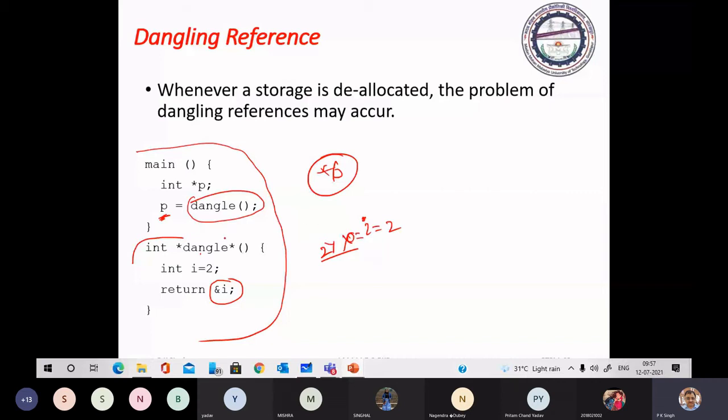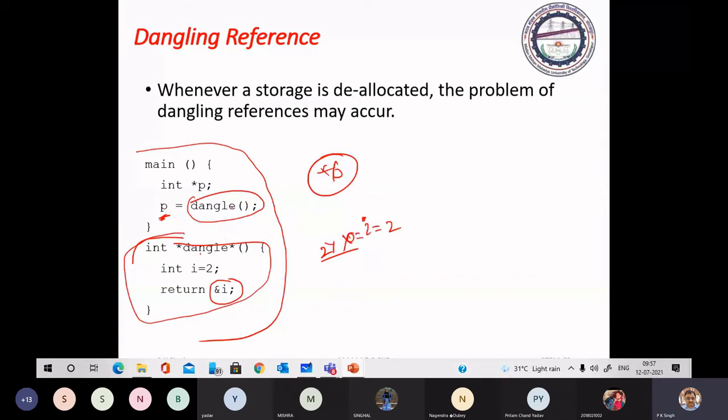No, because when you return, the activation record of the function is released from the memory. And when it is released, you don't have any information written there.